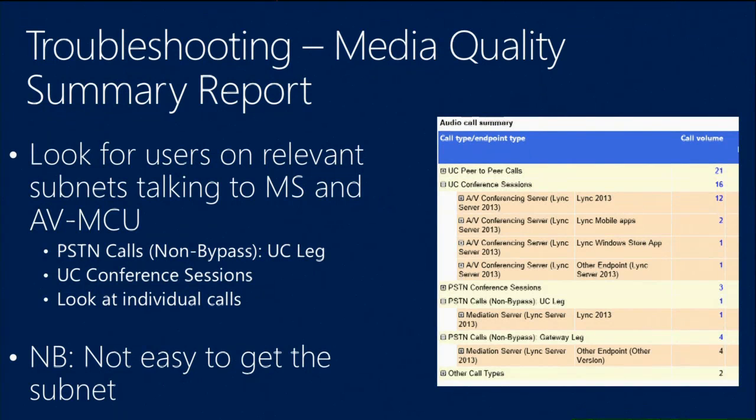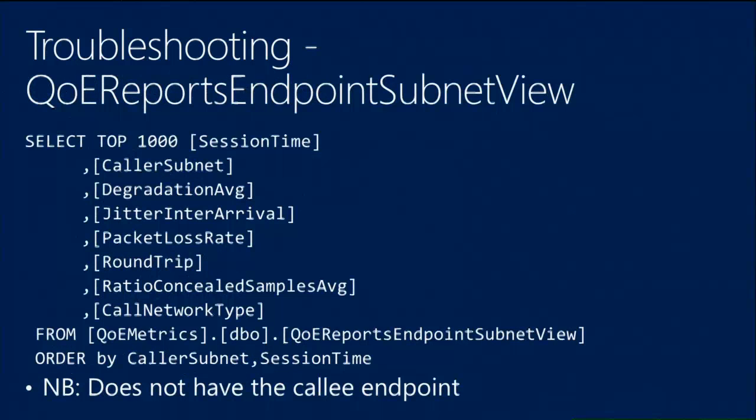The challenge with this report is that it's not easy to get the subnet out of it, because that's not presented in this report. So what if you need the subnet? Now you're moving away from using the built-in monitoring report. Now you need to use the SQL Management Studio and some of the built-in views. These views are actually the views used by the reports themselves. There is a view called QoE reports endpoint subnet view, which will give you per caller subnet